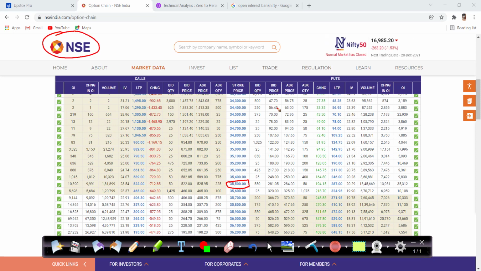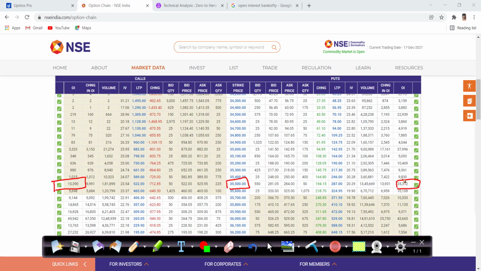So what is the other best way to find the values? This is not representing anything for me and not giving me the correct direction. 10,390 as a call writer, 35,312, this is not representing a good value or adding value to my analysis.